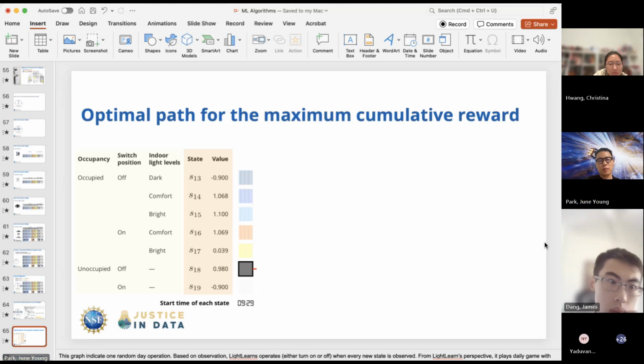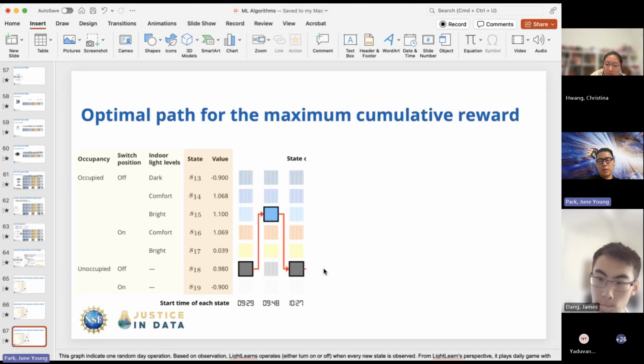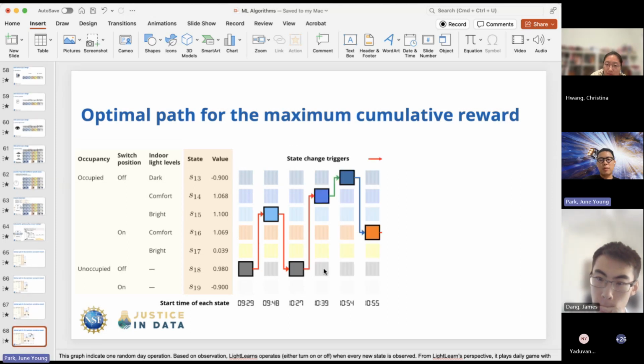For example, the room was completely unoccupied and the light turned off, which is the S18 state at 9:29 a.m. And then it's occupied with somebody in, the light switch was off and it was a bright condition, which is the S15 state. Then the person goes out of the room, so it goes to the S18 state. And the person comes into the room and it goes to the S14 state,